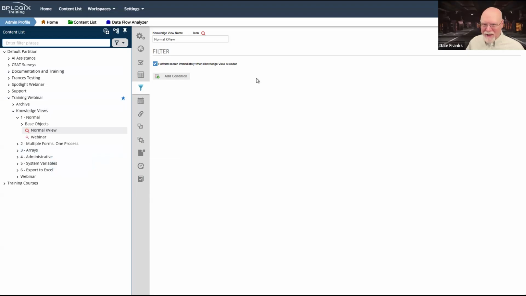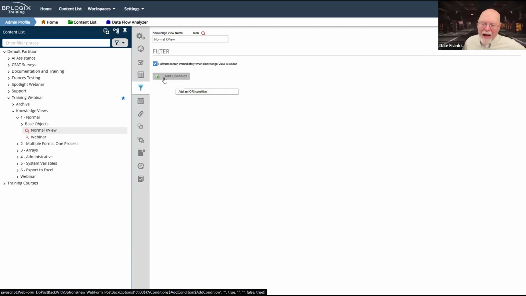I've only submitted enough to give me some data in a knowledge view that I can play with. So it's never going to return more than however many records it's returning now, 8 or 10 or so, whatever it is. But in most cases, I am going to want to add a condition that limits the number of records that get returned.